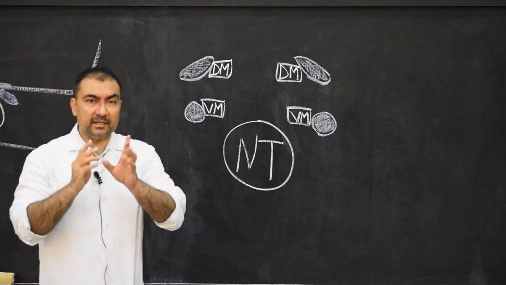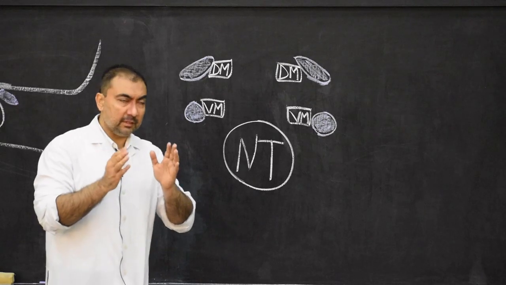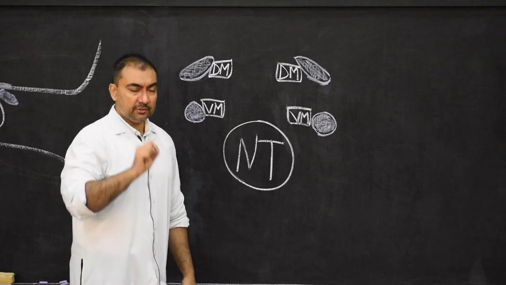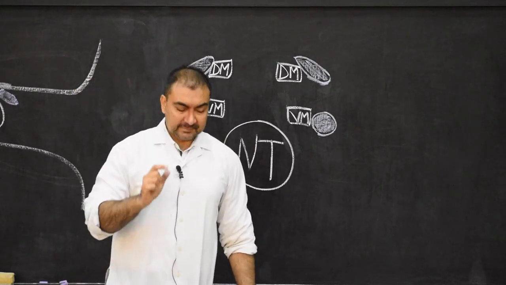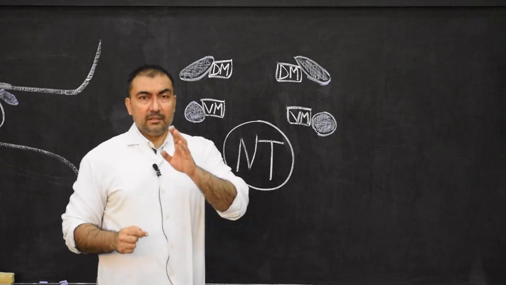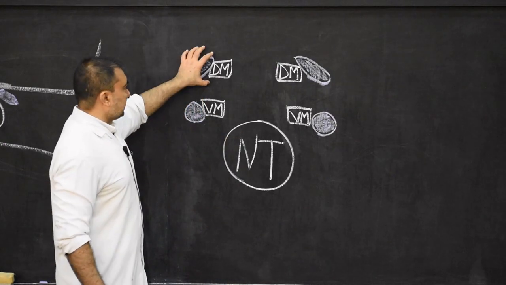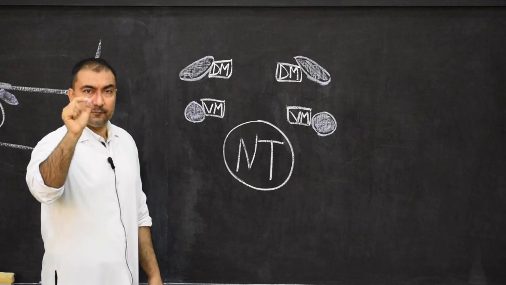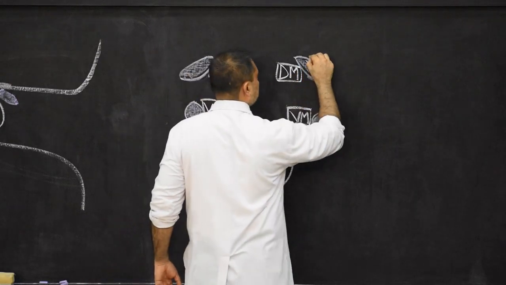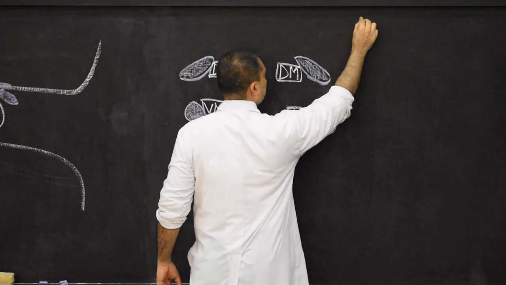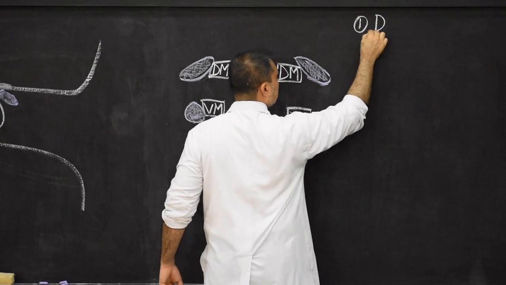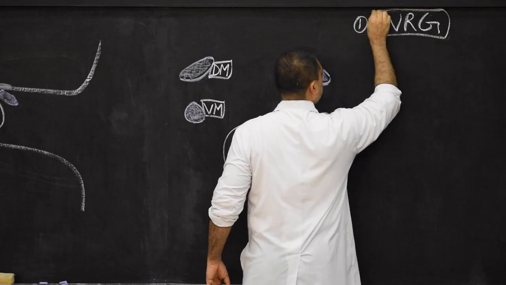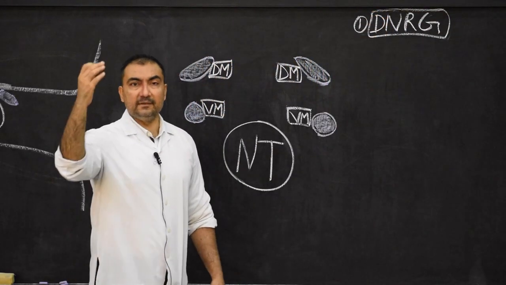In order to understand the derivatives of neural crest, the neural crest cells are now arranged in the form of ventral mass and dorsal mass on right and left side. Now in order to understand the derivatives, we start with number one. The entire derivatives of dorsal mass will be, according to diagram, and you keep on mentioning in one sentence, the entire derivatives of dorsal mass will be, the first derivative will be, here we will write down, dorsal nerve root ganglion, or it is called spinal ganglia at all the levels.